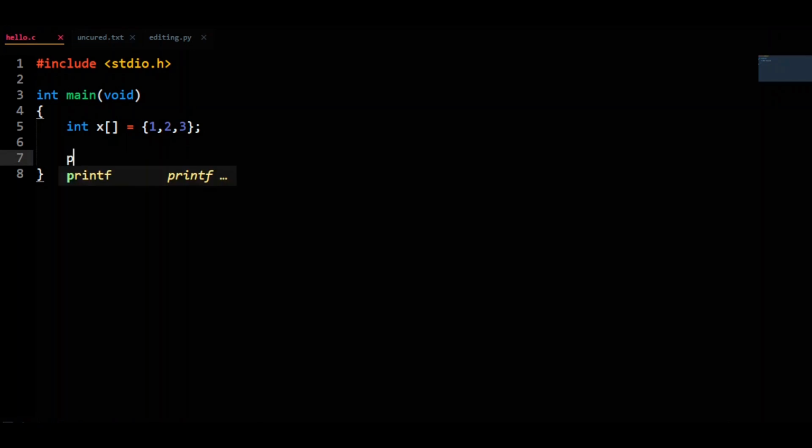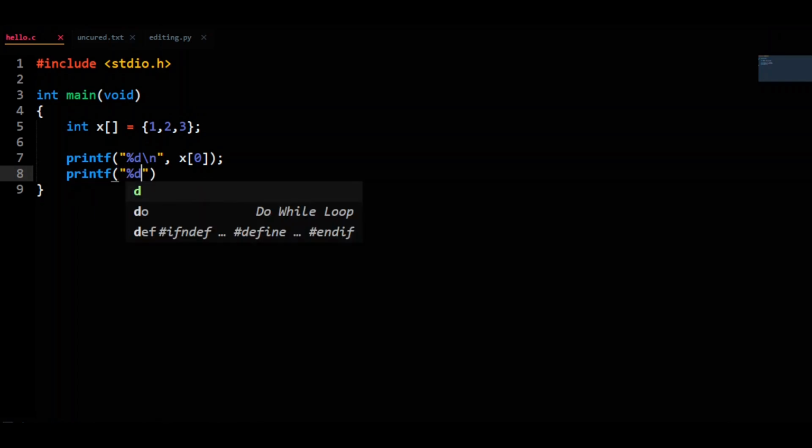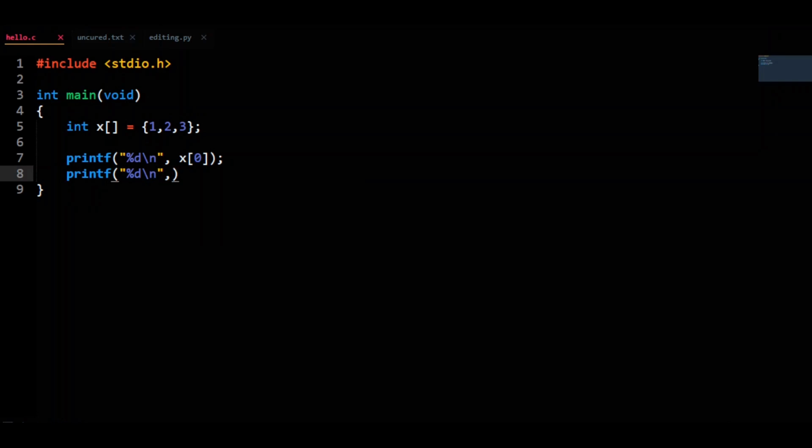So we can do printf, double quotes, %d \n, printf x sub 0, then printf double quotes %d \n, then printf x sub 1, last printf double quotes %d \n, printf x sub 2.